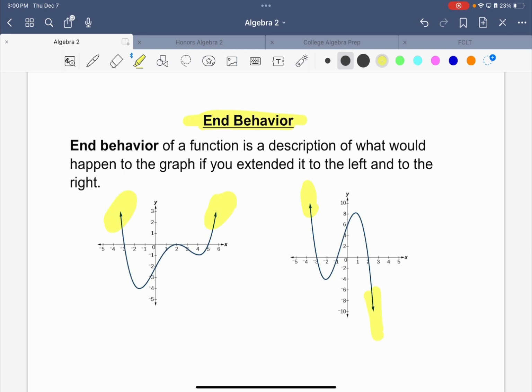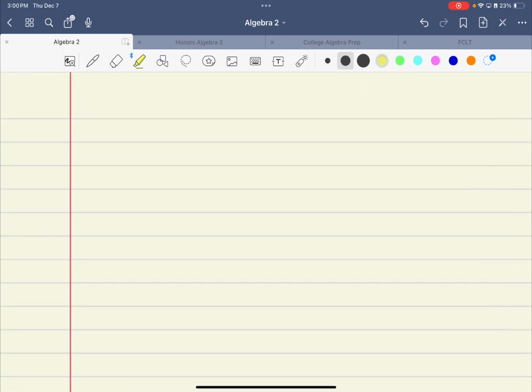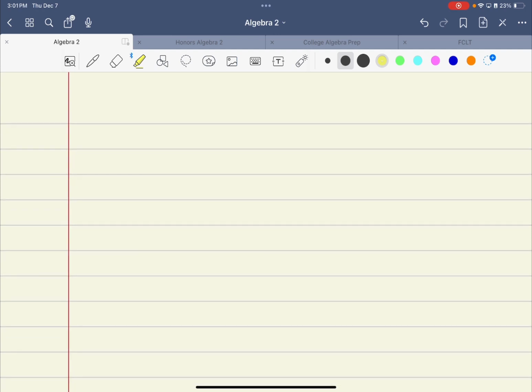The end behaviors for the second one are there and there. Now there are specific end behaviors that happen for specific situations, and here they are. Okay, first and foremost,